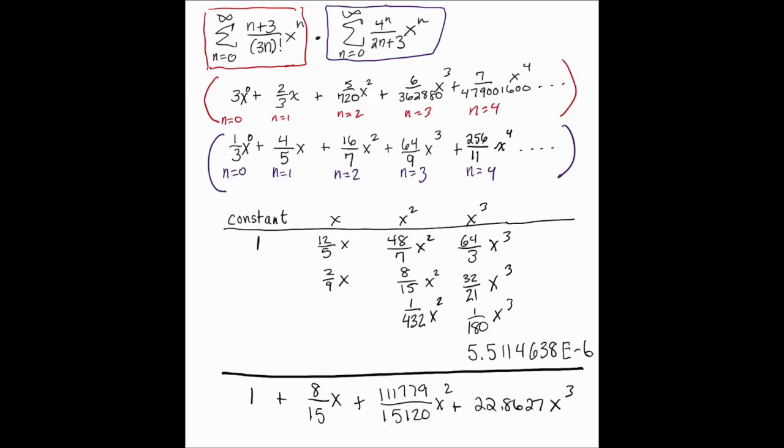In this example, we're going to be multiplying two power series. And we have this power series in red, which is (n plus 3) all over (3n) factorial times x to the n. And the purple series is 4 to the n divided by (2n plus 3) times x to the n. Now, when you multiply these, we're going to multiply it just like we would if we